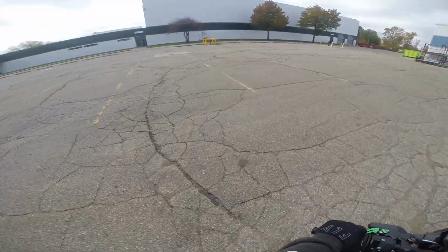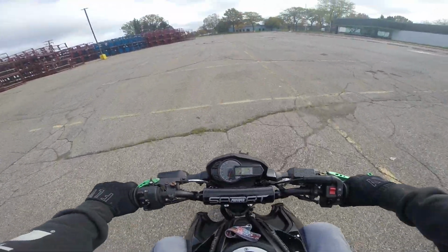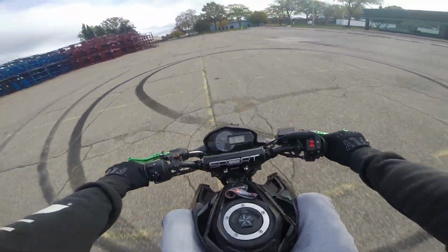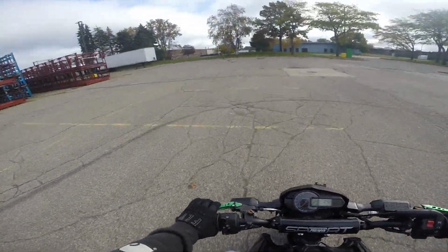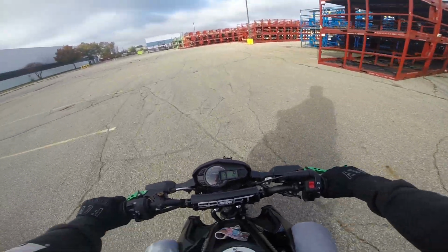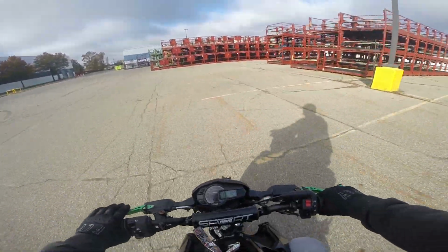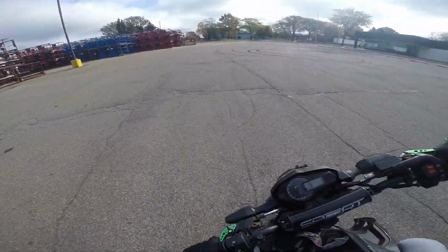Some of you guys might notice the bike is a lot quieter. I put the stock exhaust back on it to be kind of more discreet. The Zoomer exhaust is super loud, and I'm trying to be quiet. It's kind of a bumpy parking lot to be doing these, but